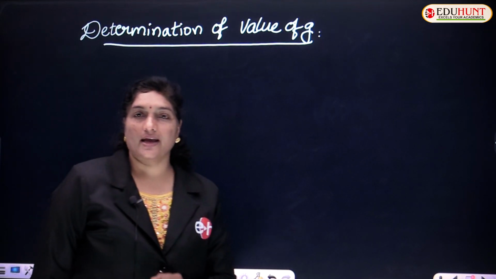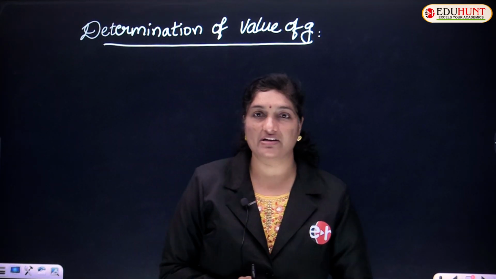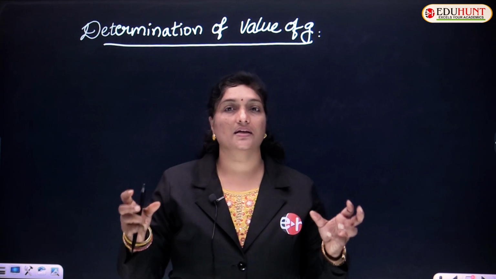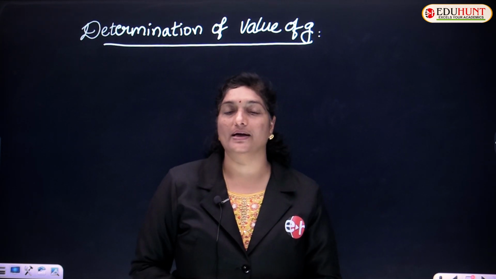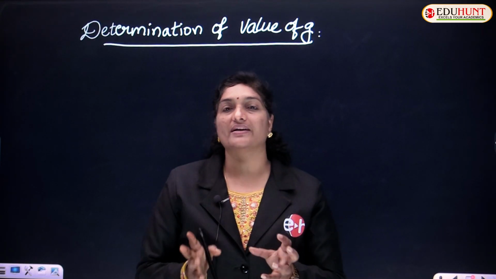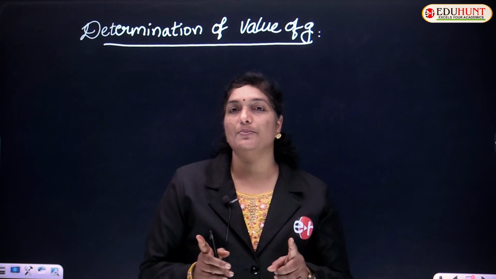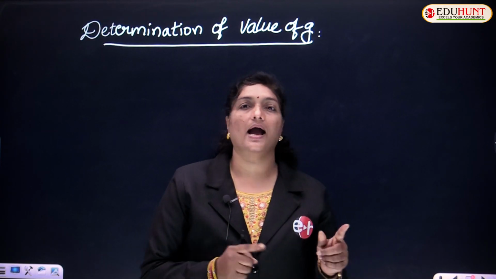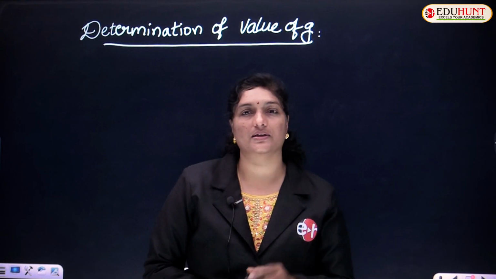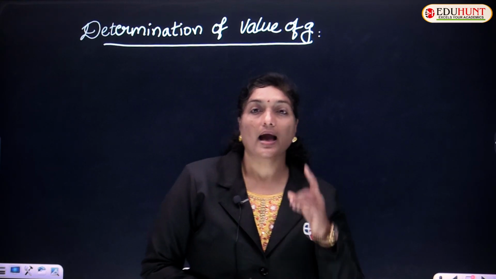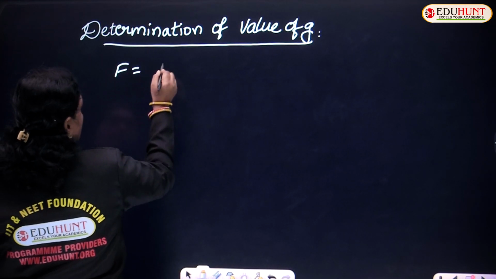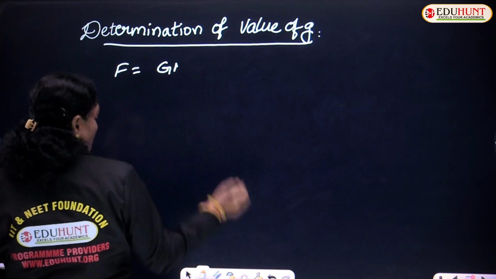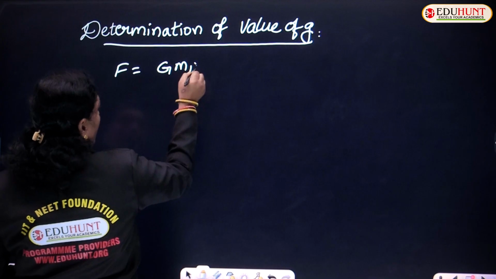Children, as we know that from Newton's law of gravitation, if you consider any two bodies, there must be a force of attraction acting between the two bodies, and the force of attraction between any two bodies is directly proportional to the product of the masses and inversely proportional to the square of the distance between them. Mathematically it is written as F = G m1 m2 / r²,